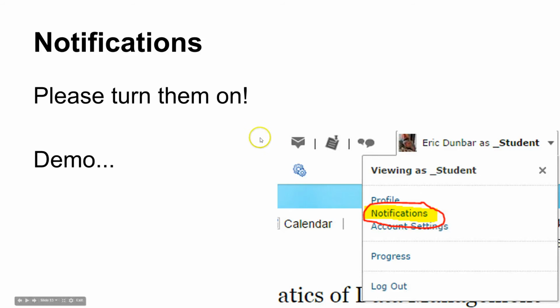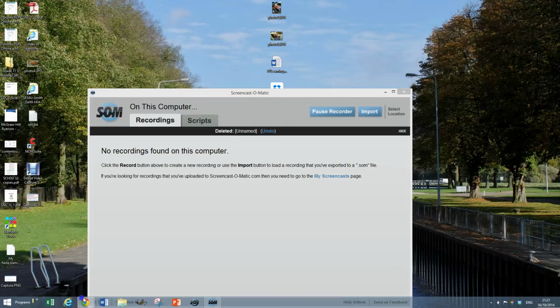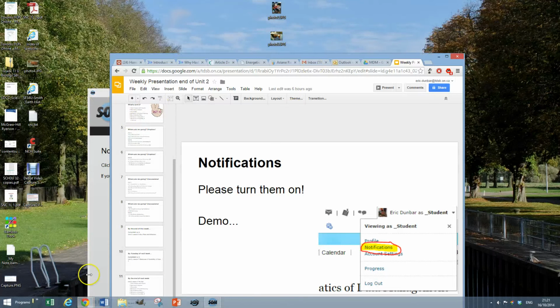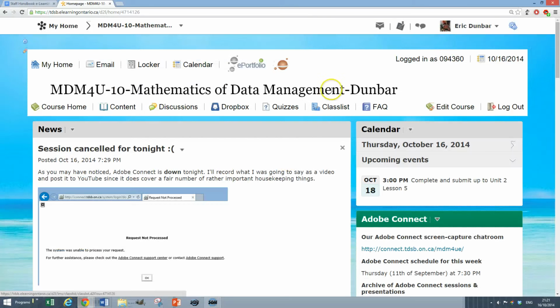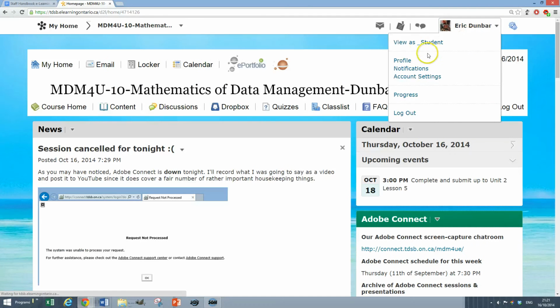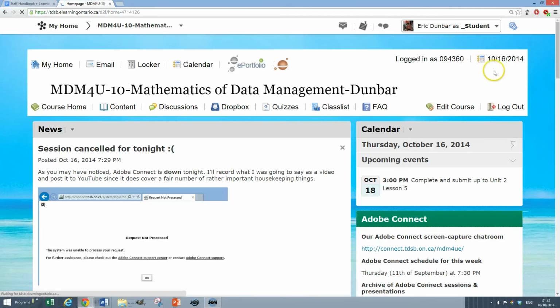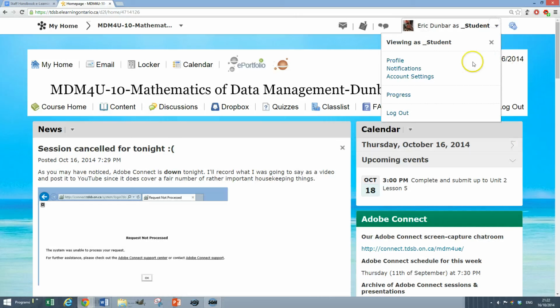Now, notifications. I would like to take a moment to demo notifications to remind you that they're in the system and that they can really make your life easier. So I'm just going to switch into student mode from my teacher mode, and I'm sure you can see the bouncing cursor on the screen, which I'm going left and right. I'm going left and right over notifications. So notifications under your profile area,